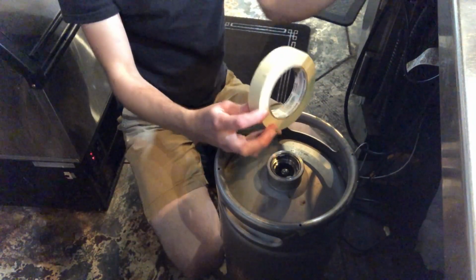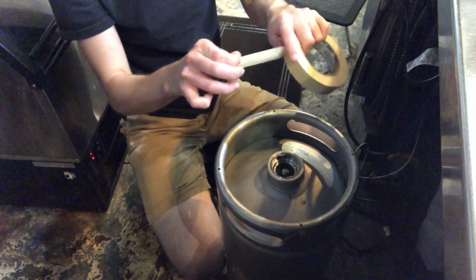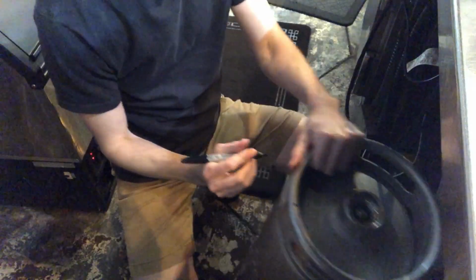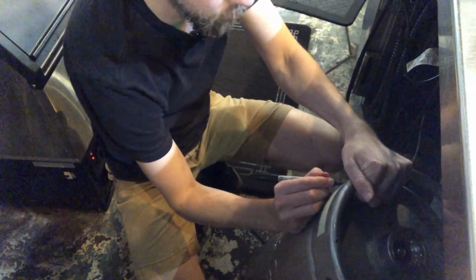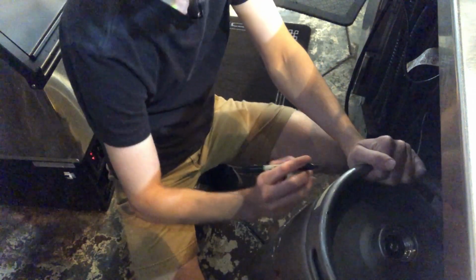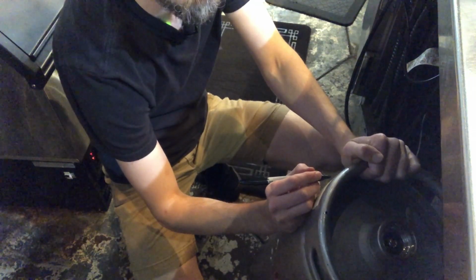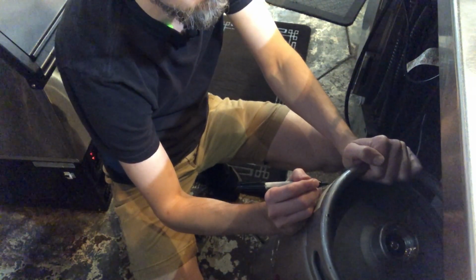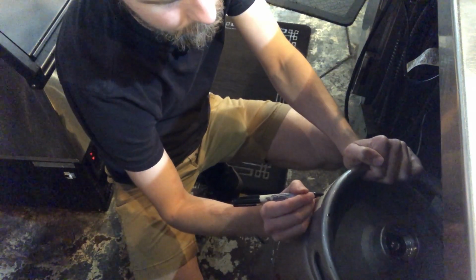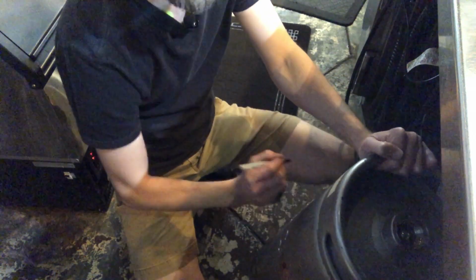And the way that we're gonna label this is I'm gonna use a little bit of masking tape. I'm gonna put it on the side. And what we do is I'm going to put what type of bean it is. So this is a Guatemala, so I'm going to put Guat, G-U-A-T. Today is the 27th, I believe. Yeah, the 27th. So I'm going to put 4/27 dash, and then I'm going to add 2 months,